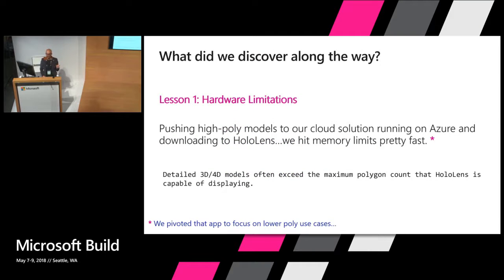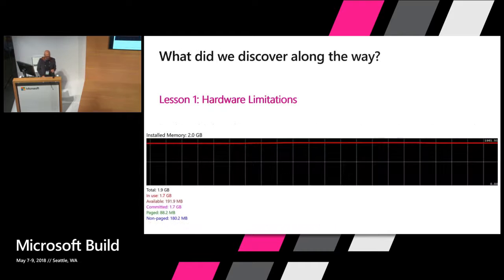So number one, HoloLens itself. It's a mobile GPU. It can only handle so much content. It can only process so much at a time. So if you're going to deal with a large, heavy, high-poly CAD model or mechanical model, you're going to have to look at an alternative solution and not load that content to device. You're going to have to start thinking about how you stream graphics from an engine to the HoloLens. Because you're going to hit that limit pretty fast, and you can basically query that and see that limit